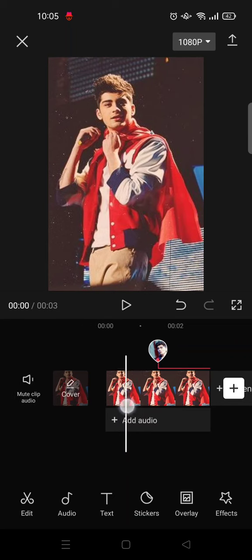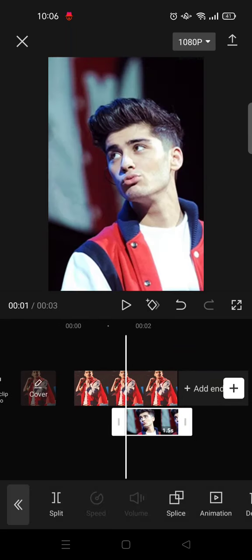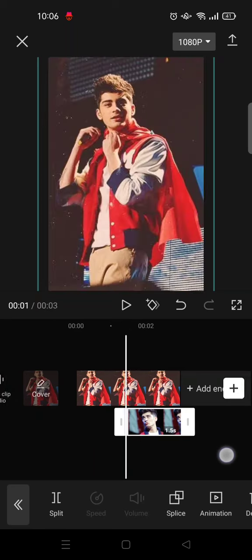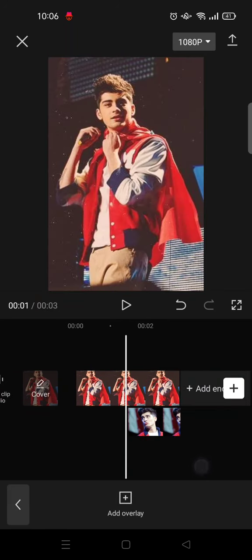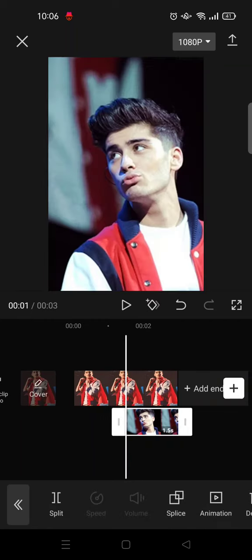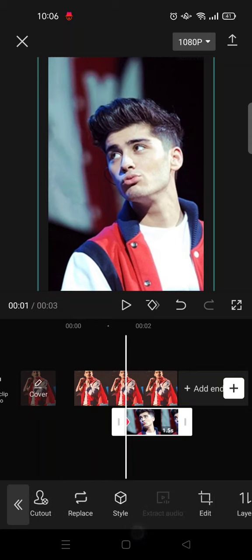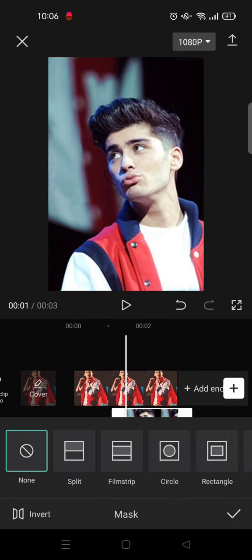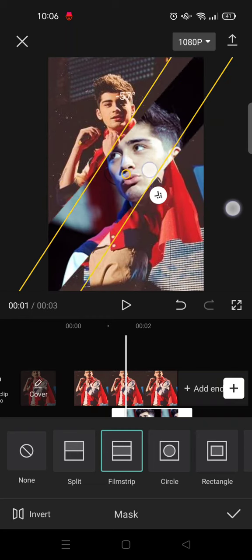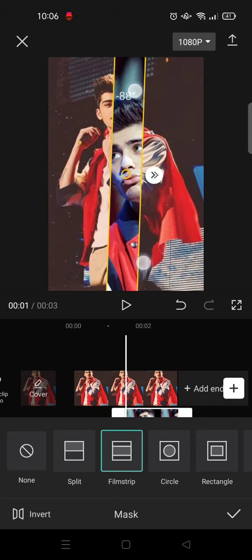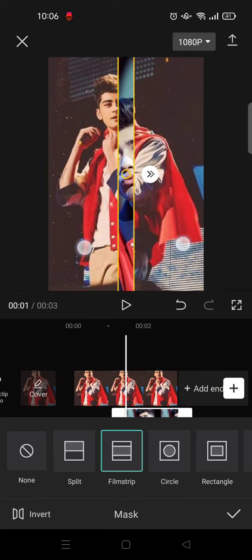The first one is put in the main track, and the second one is in the overlay like this, and then place the overlay in the center like this, half of the main video, and then add a keyframe at the beginning of the overlay, and then go to mask, choose film strip, and then set the masking into -90, okay, like this, and then make it thin